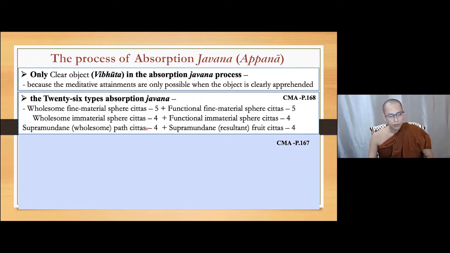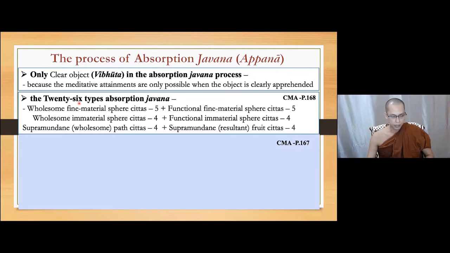So absorption jhana covers the fine material sphere, immaterial sphere, and supramundane. So let's see the wholesome and functional. As we have understood, the unwholesome, wholesome, functional, and only four fruition consciousness of the resultants are jhana. So altogether 55 jhana. Among the 55 jhana, the higher level of